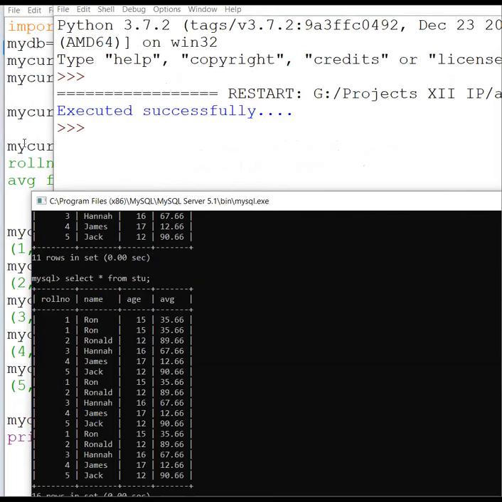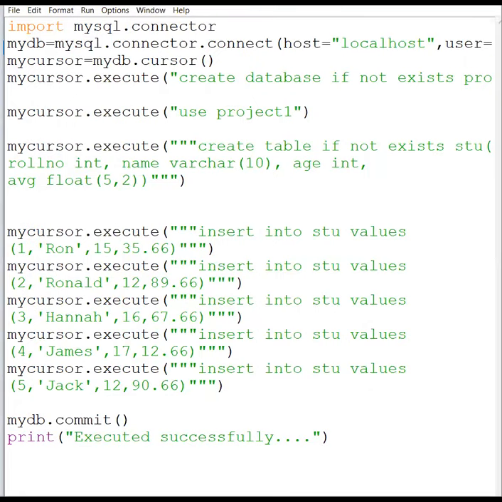Okay. Now anyone, what we can do to avoid this problem? Because you know all MySQL commands, right? In insert, if not exist will not work. If not exist, we can use with the database, we can use with the table.